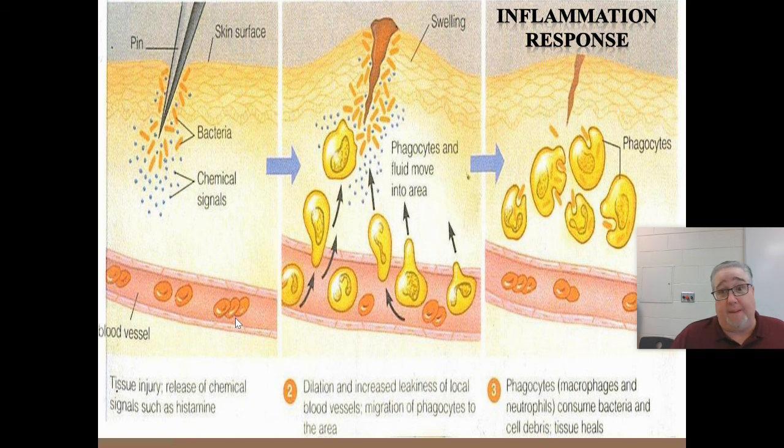Now, the first thing that happens during the inflammation response is the broken skin cells send out a signal. They send out a hormone. It's called histamine. Histamine is basically a chemical message that goes to your brain, and it tells your brain as